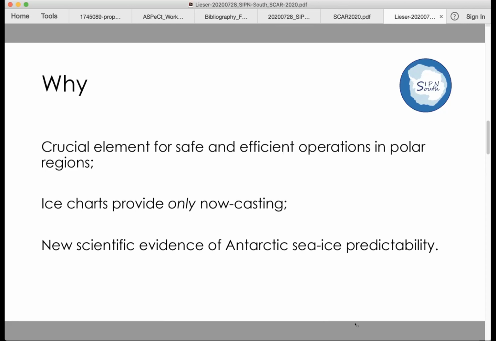And more recently, Sylvain Marchi and co-workers from 2018 have found a re-emergence of Antarctic sea ice predictability by its links to deep ocean mixing in global climate models. So they propose a heat storage in the lower layers of the ocean, which resurfaces at a later stage and therefore allows for a bit of predictability on sea ice. On the next slide,